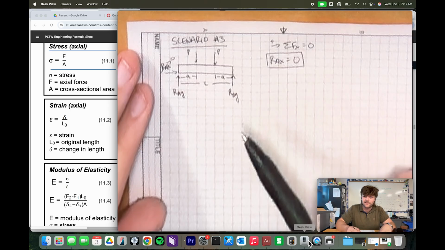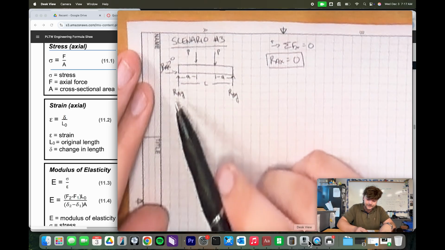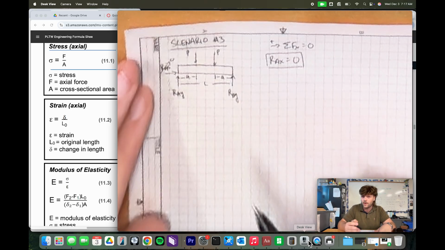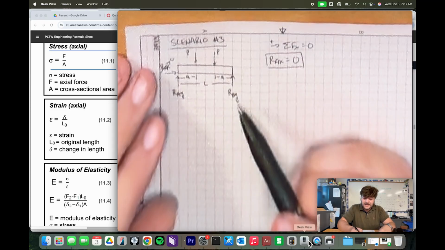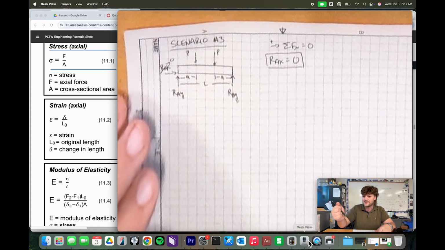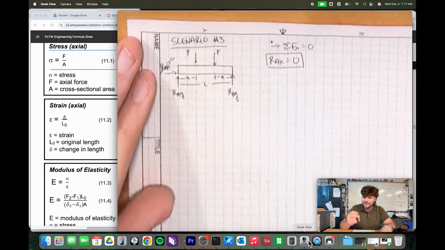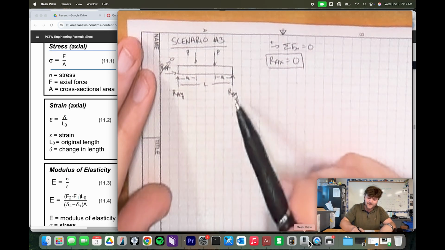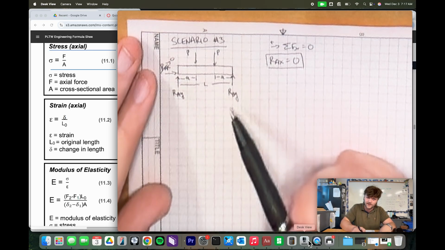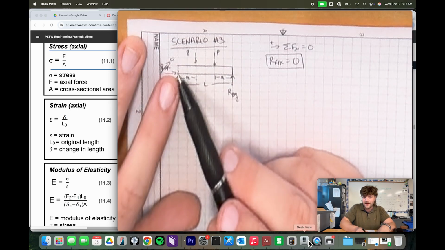If I find that some of the forces in the y-axis, do take note, these two are unknown. So what we want to do is solve for these reaction forces so that we get them in terms of P. If I calculate the moment first about either point A or point B, that'll allow me to solve for one of these variables, because remember, if we calculate the moment about A,